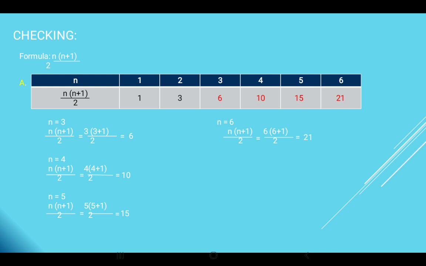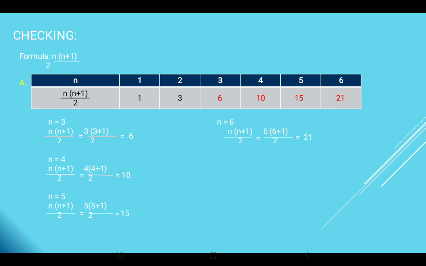Next, kung papalitan naman natin yung N natin, 4. So, from fourth term naman, 4 multiplied by 4 plus 1 all over 2 is equal to 10. So, we have 10 dots in the fourth term. Next, in the fifth term, yung N natin is equal to 5. So, 5 multiplied by 5 plus 1 is equal to 30, divided by 2 is equal to 15. So, we have 15 dots in